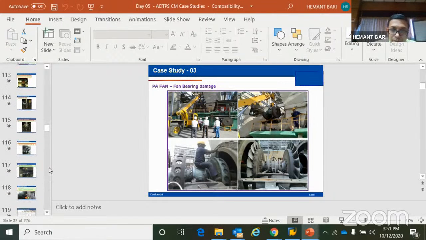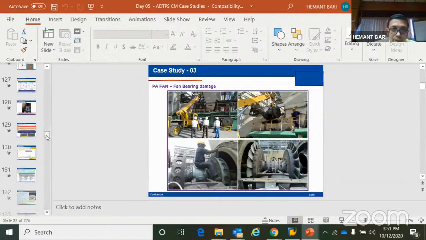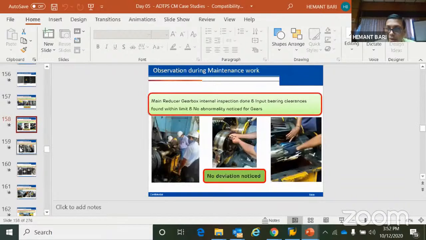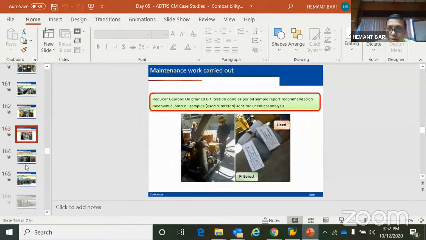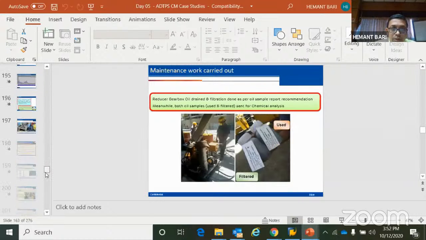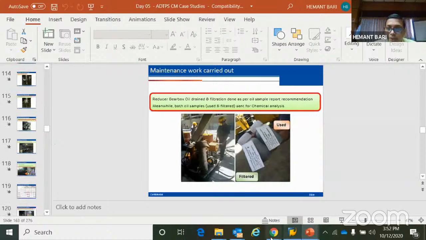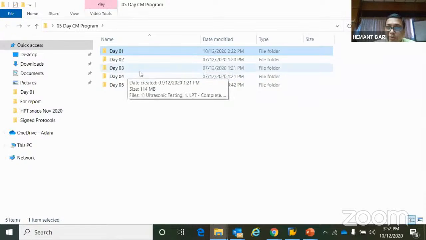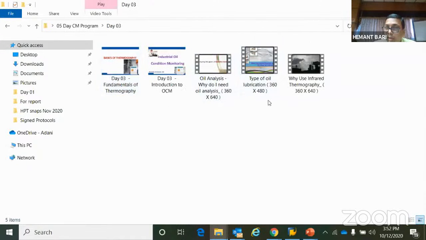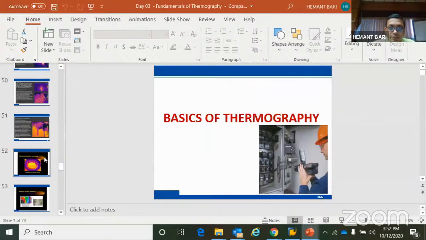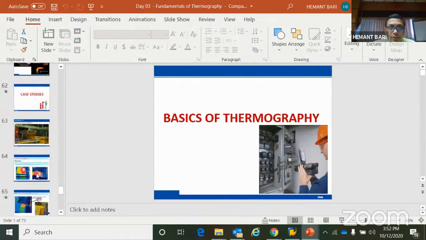थर्मोग्राफी का इसमें शायद नहीं. 1 मिनट. ओके, थर्मोग्राफी का केस स्टडी भी मैं दिखा देता हूँ आपको. ये मैंने बोला है तो दिखा देता हूँ. ओके,